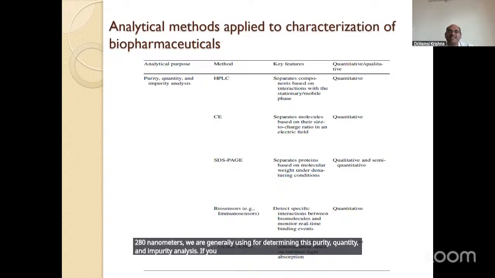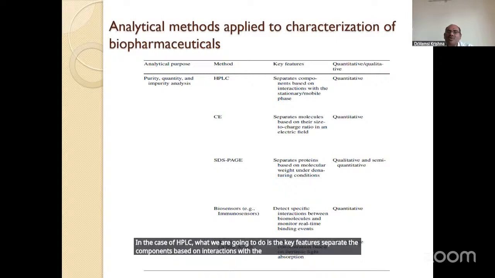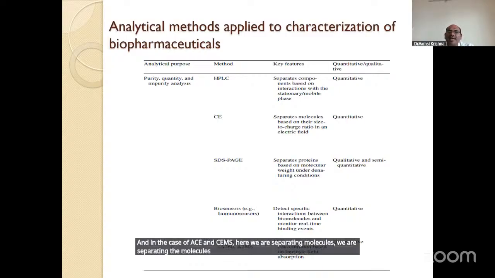If you see HPLC, the key feature is that it separates the components based on interactions with the stationary phase. Based upon the interactions with the stationary phase, we are separating and determining the purity and quantity. So quantitative analysis we are performing by HPLC. And in the case of CE and CE-MS, here we are separating molecules based upon their size to charge ratio,